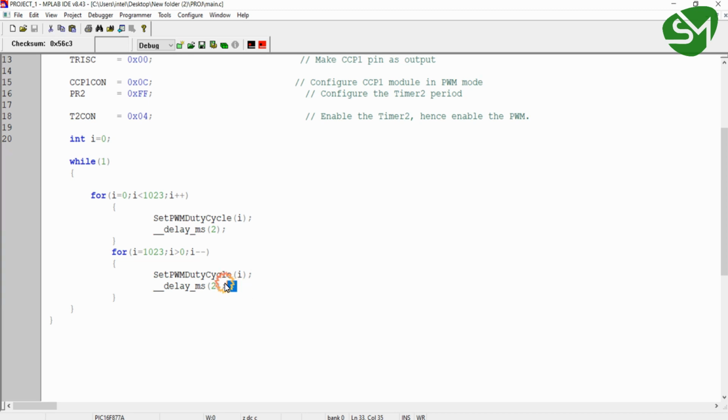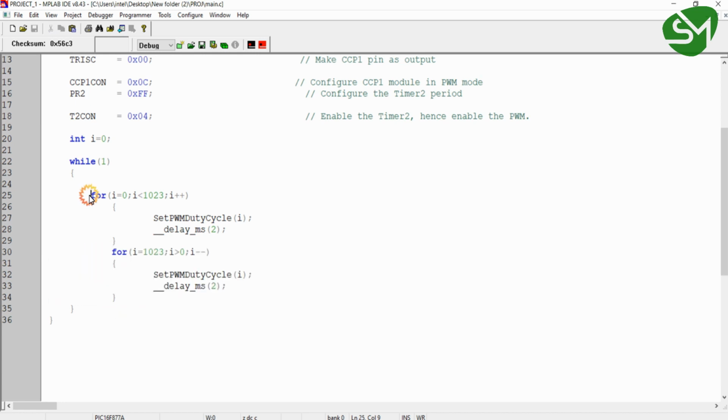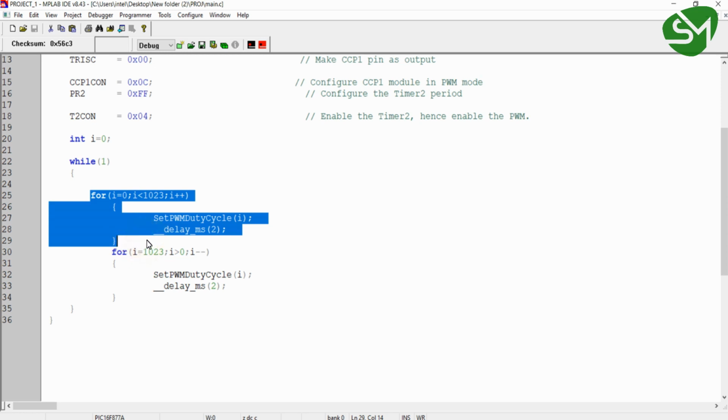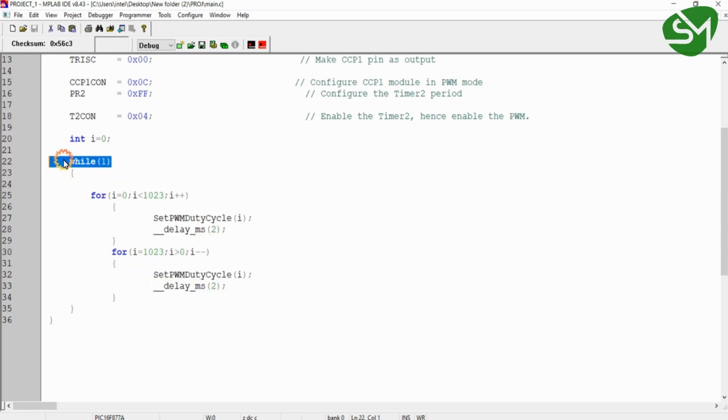Here also you can see for each value a 2 millisecond delay is given, and once the duty cycle value becomes 0%, this loop will also be exited, and again the program starts from the beginning and the first loop will be executed. As we know, these two loops are provided inside the while(1), which is the infinite loop.